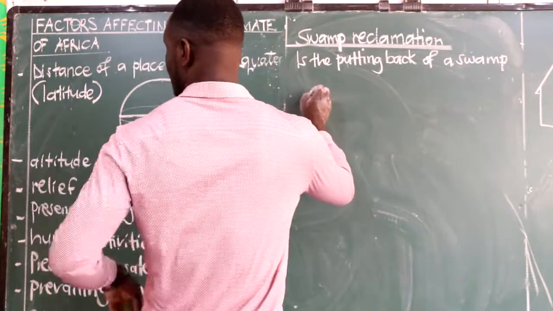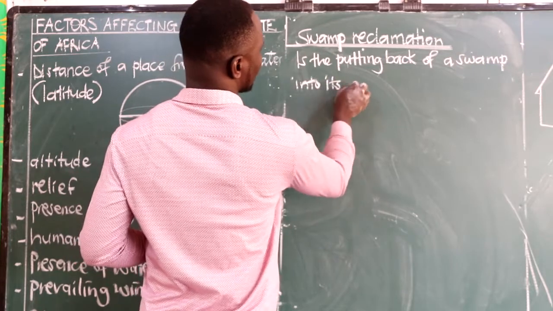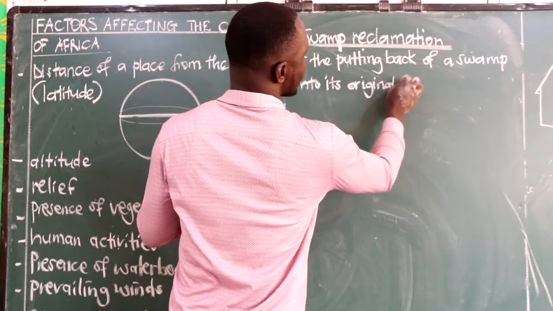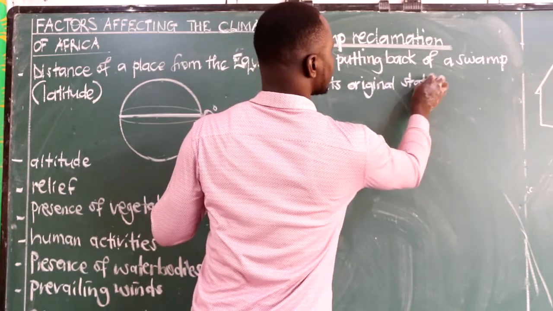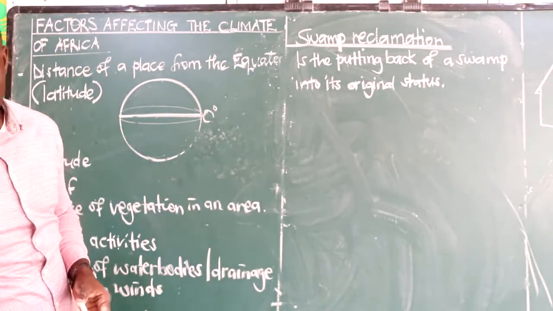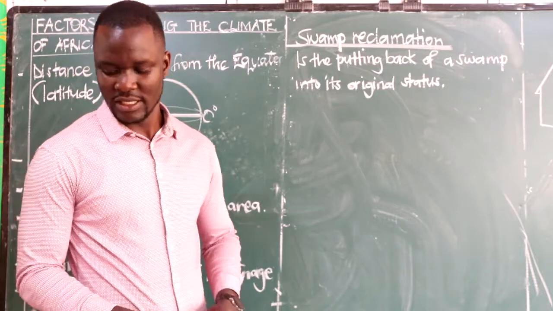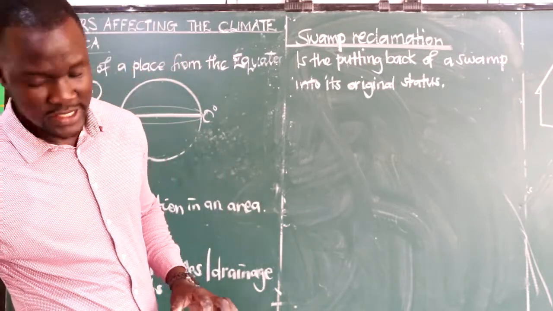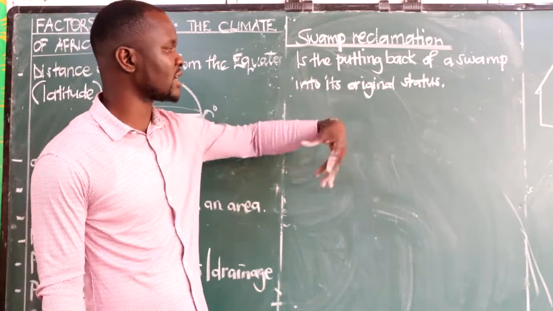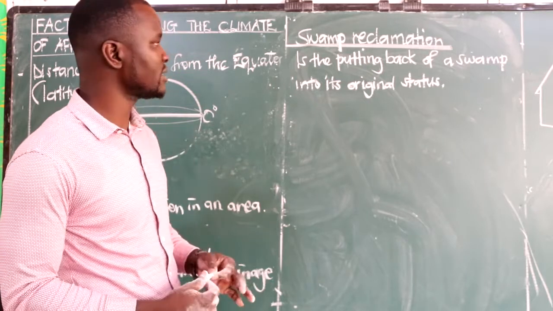into its original status. That is how simple we can put it. That's why it cannot appear there, because this one cannot destroy. We are saying swamp reclamation is the putting back of a swamp into its original status, which means that when a swamp has been in an area,